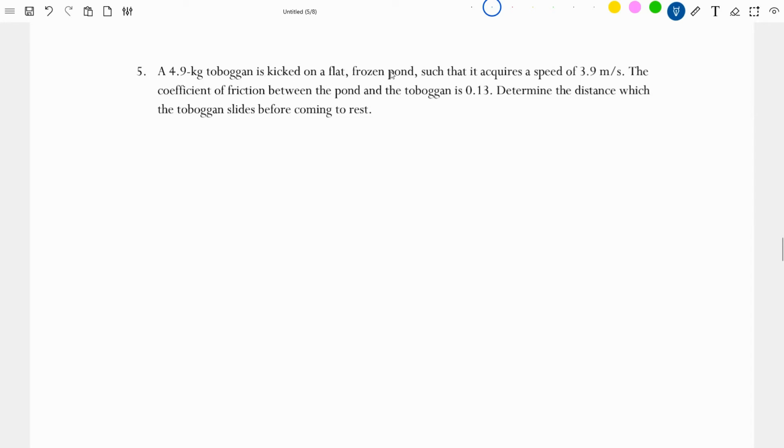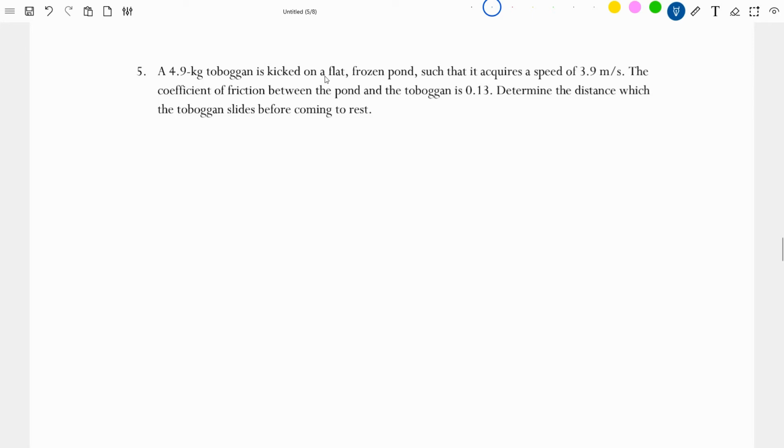If I'm reading this for the first time ever, and in truth I'm not, I did read this question before, but if I was reading this question for the first time, I would immediately start to organize my thoughts. Like, okay, so there was a kick. One of the questions that I would probably start to focus on is, is this question really wanting to investigate the kick itself? Like, should I be thinking, well, it was sitting there initially at rest, so V initial of 0,